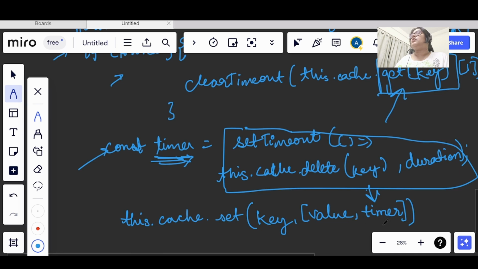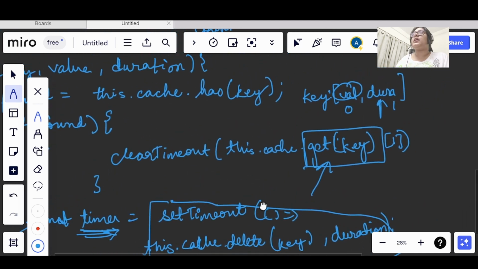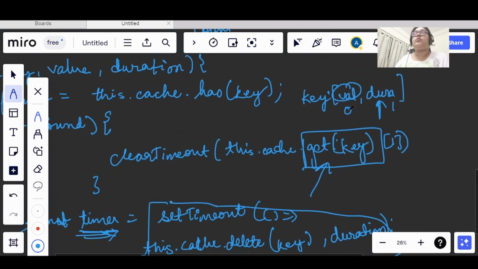The 0th is the value only; the second value that this key has is not a duration, it is basically the setTimeout function. So if this key is not found in time, this setTimeout function will be called and the key will be deleted. So this is what we have to do in the set function.